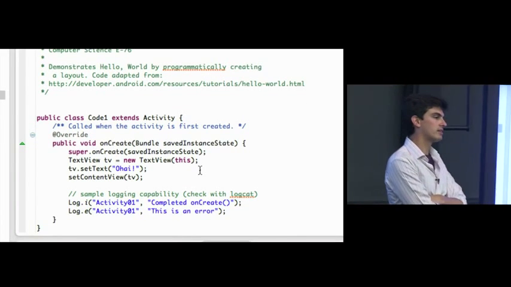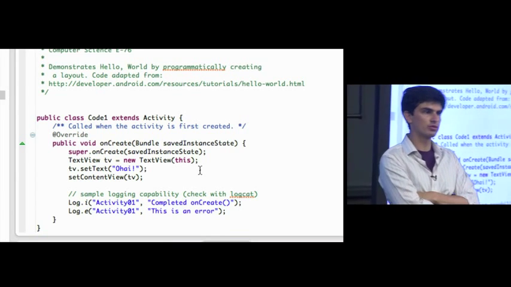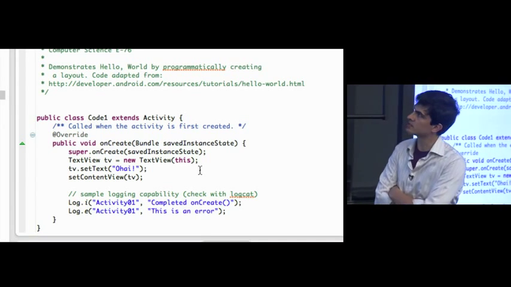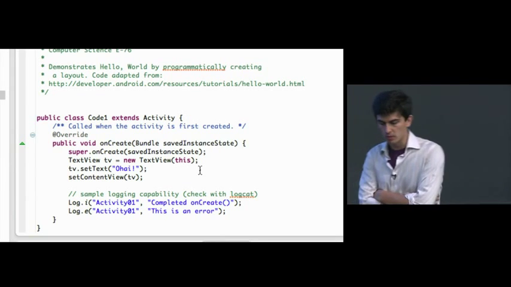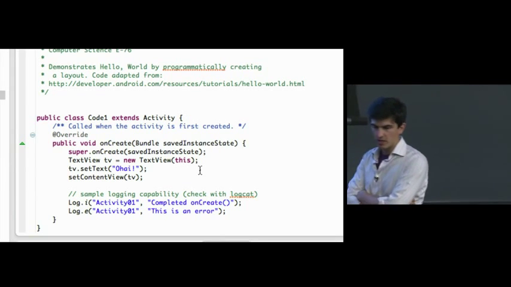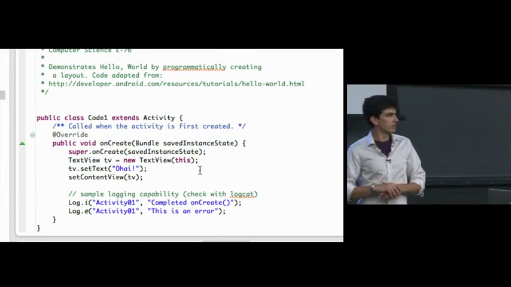And this is the contents of the code. Now, one thing that you'll notice for those of you that are Java developers that's very different from other things is that there's no main method. There is no method that makes it very obvious where we're actually starting the application. And the reason for that